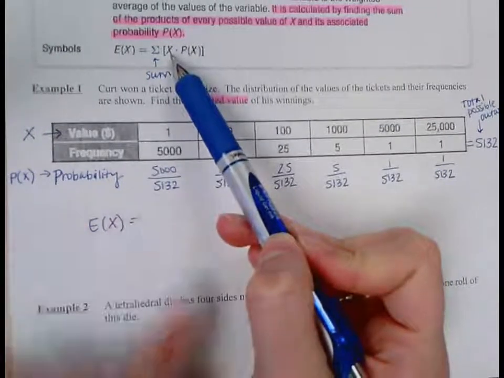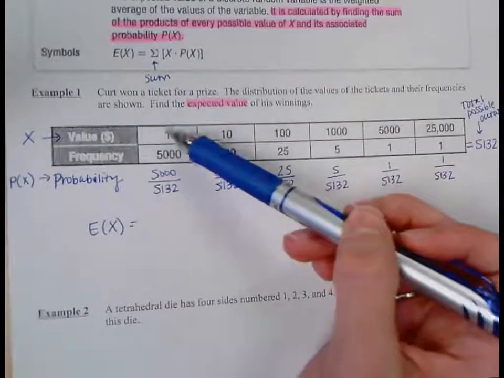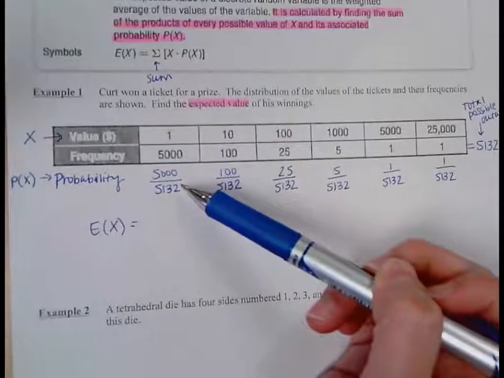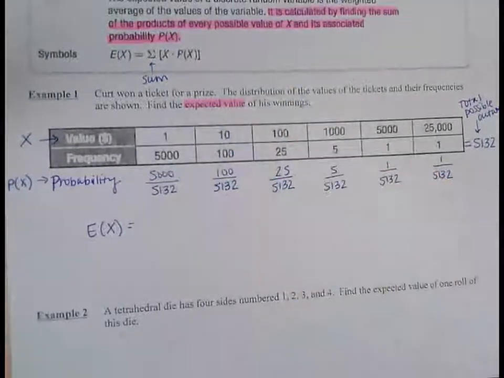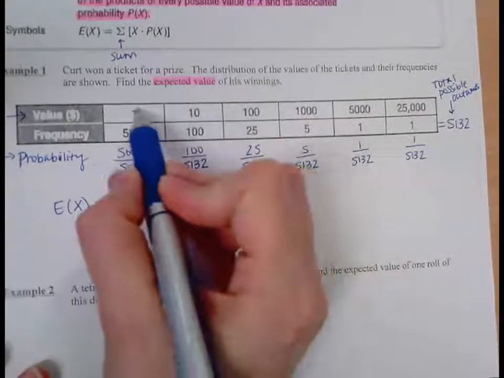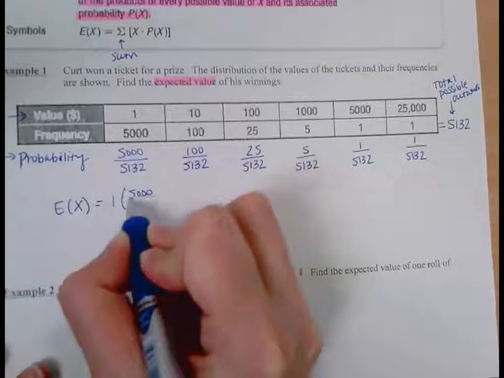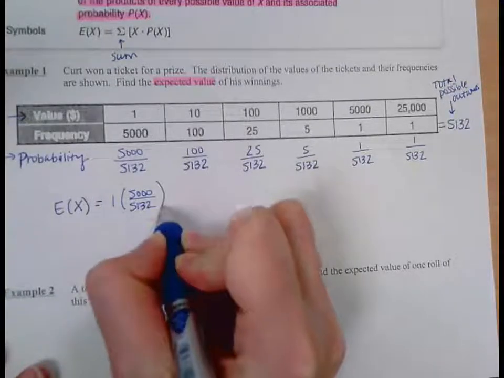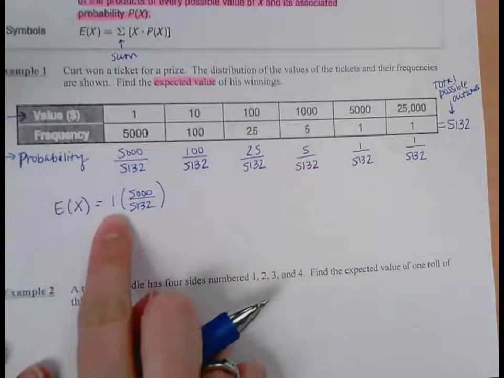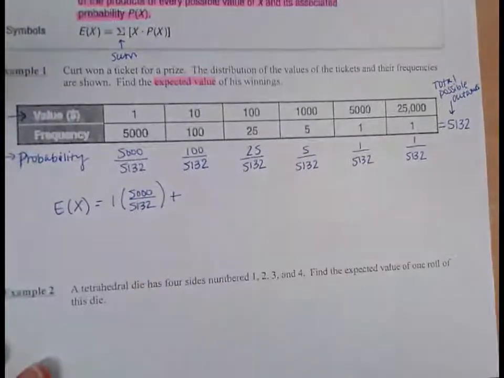So you take each value, each winning value, multiply it by its probability, and then you add all of those products together. So if we write the whole thing out, it'll look like this. To win $1, that probability is 5,000 over 5,132. So I multiply that probability by 1, and then I add to it